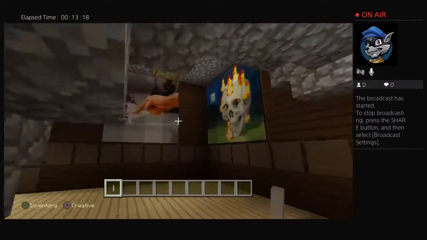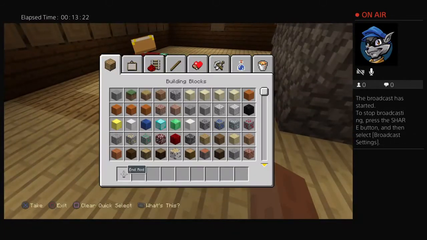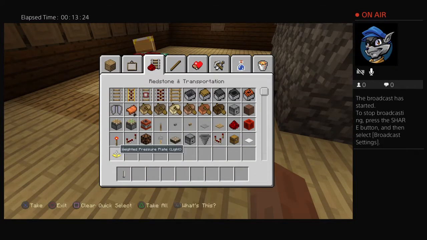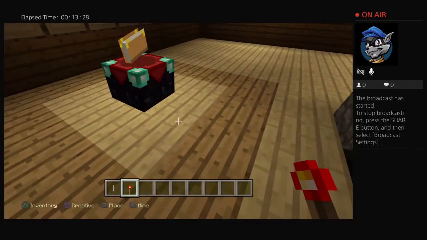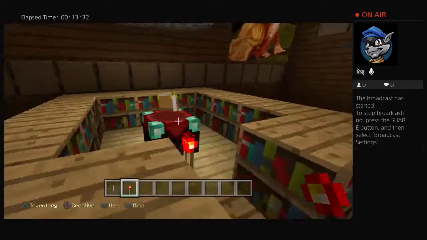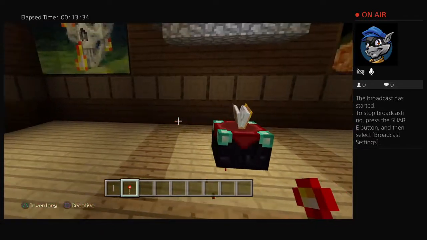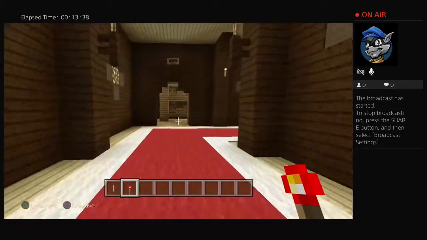So here's the paintings here. And let's get a nice redstone torch. I have a secret chest actually where you can get it right there. So we're going to throw that right there. And see, now we have a nice level 30 enchantment room, which I think is very useful. So that's one of the things I added in my